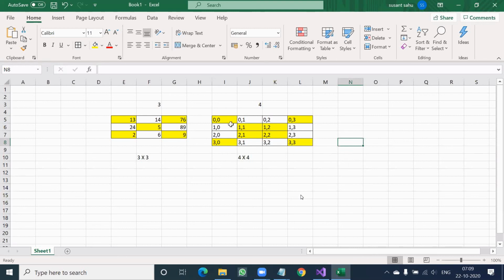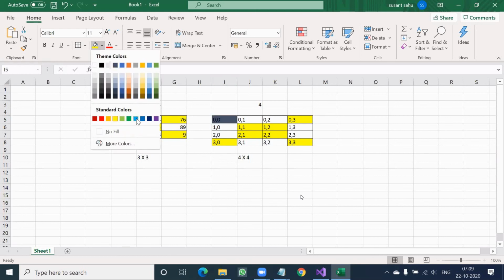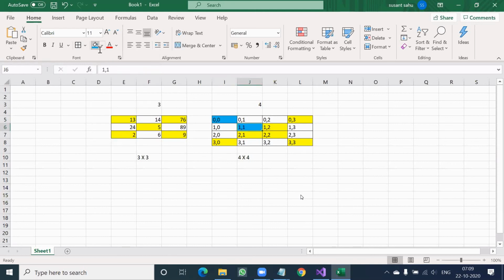A little bit of a clue I will give. If you are taking i as row, j as column, the left diagonal, which I am highlighting with blue, if you see those numbers, you will find one relation: i equal to j.